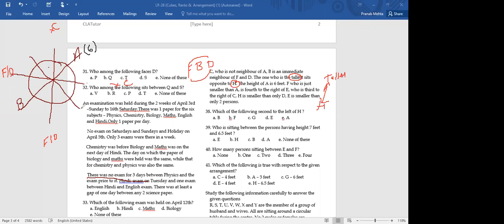All right. Are you getting what I'm doing? Yes, sir. Look, this is how step by step we have to solve. Now I know C cannot occupy here, already given in the question. C cannot be a neighbor of A. So I cannot put C here and here. Already F and D are occupied here. So either C can come here or C can come here.